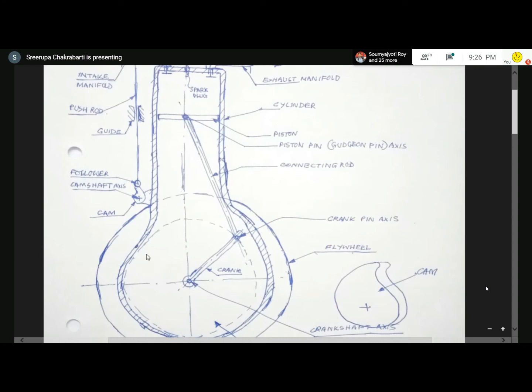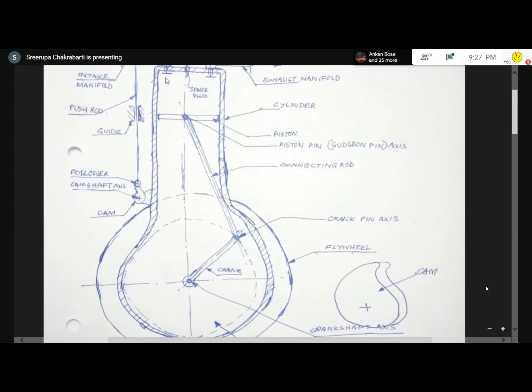The crank is something like this, the connecting rod is something like this, and the piston is here in the upward journey. Then the spark occurs, and there is some preparatory time. After that, the flame front is seen, signaling that the pressure rise has taken place, maybe somewhere here, slightly before TDC.